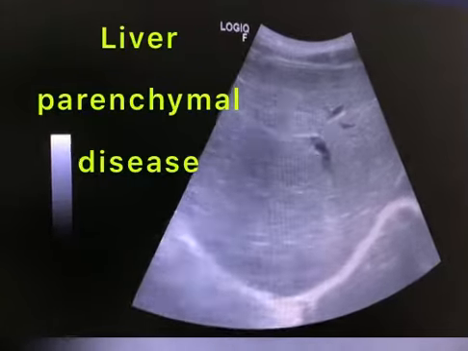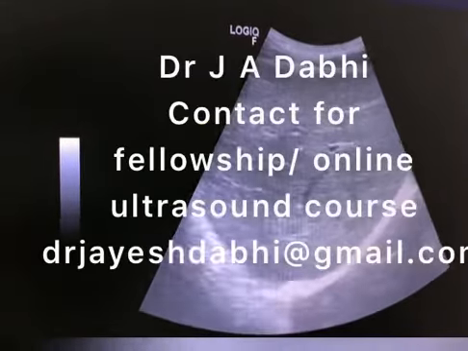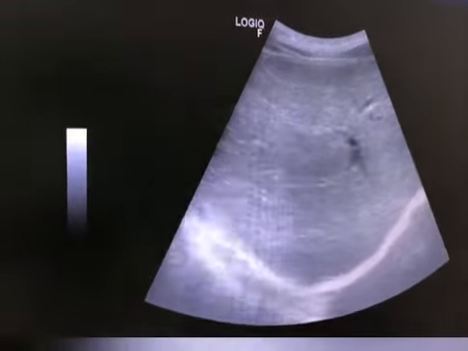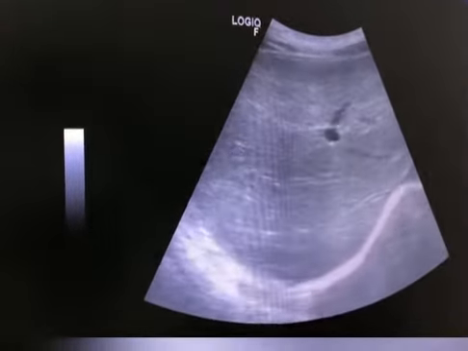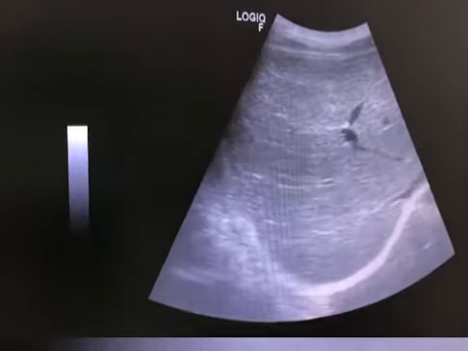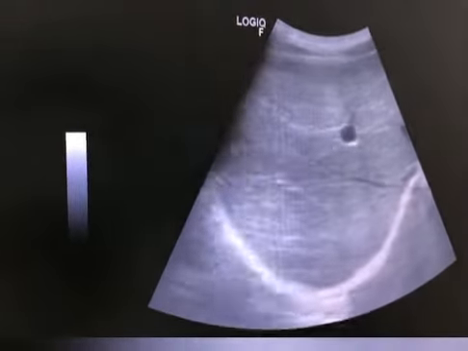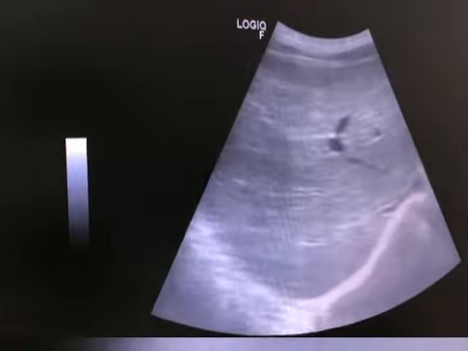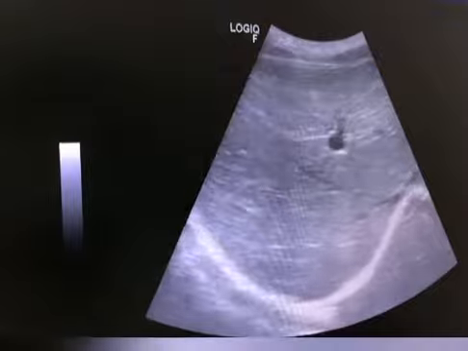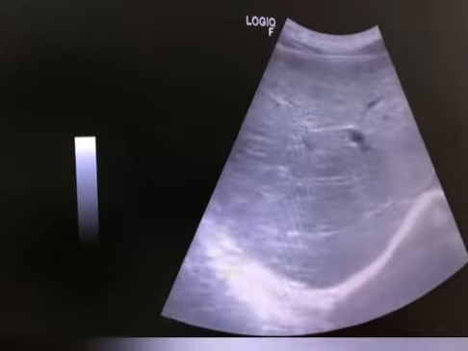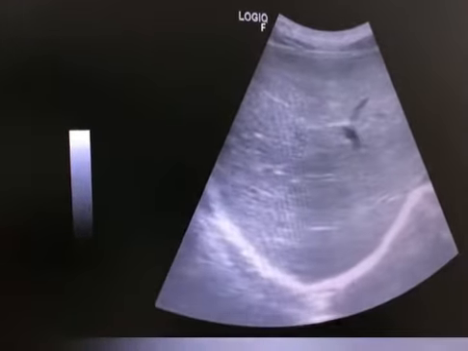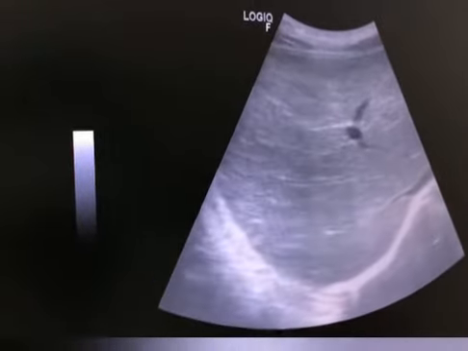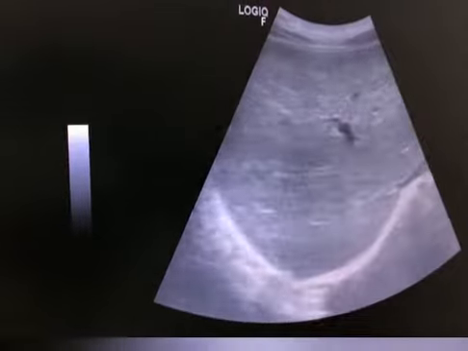Now, this is a 25-year-old female patient complaining of yellowish discoloration of urine for 1.5 months, and some blood while spitting from the mouth. So this texture of the liver is looking apparently normal, but